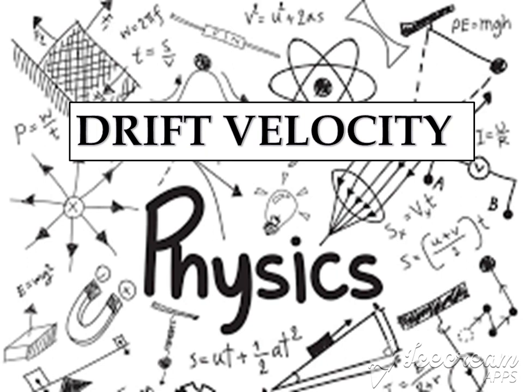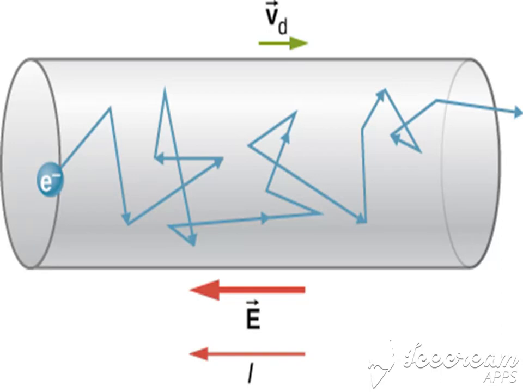Today we are going to cover the topic drift velocity. As in the last video I told you that current is produced when electrons move from one end towards the other end of a conductor in the same direction. When all electrons are moving in the same direction, then current is produced. But they only move in the same direction when they are connected to an external electric field.